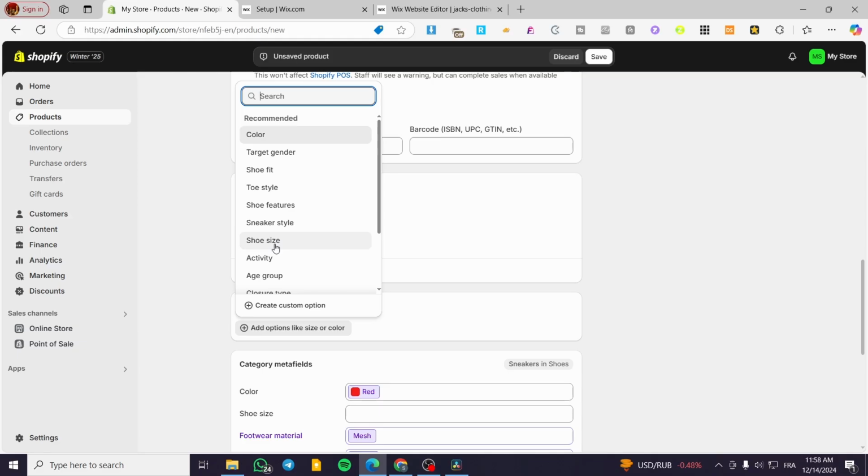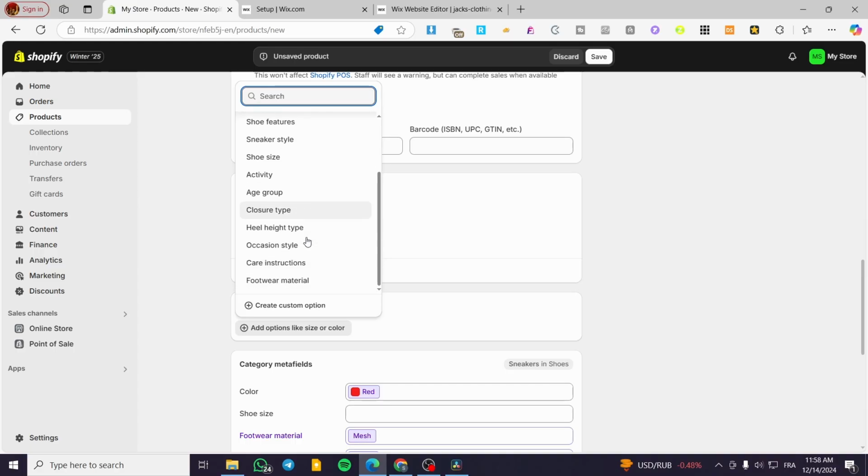For example, you're going to have the sizes and whatever. Since we have a shoe, we are going to have colors, for example. And also we are going to have